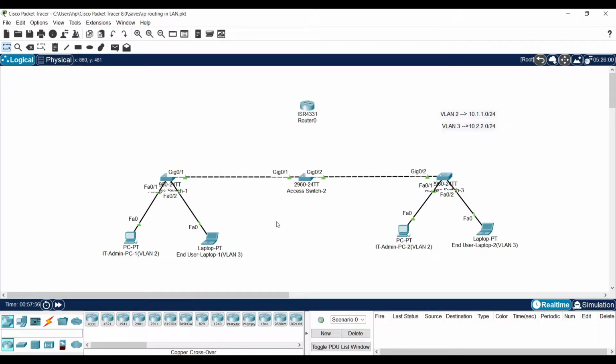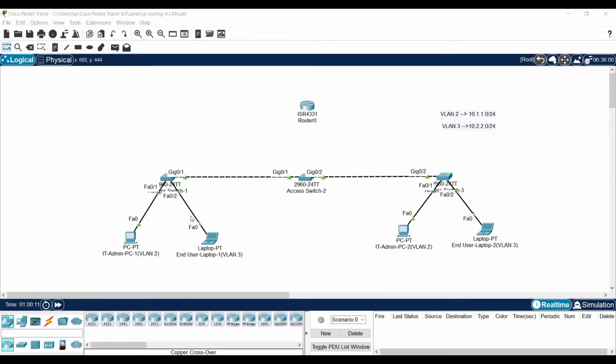You may ask, then how are we going to achieve this? How are we going to make communication between layer 2 and layer 3? There are three methods to achieve that. I'll explain them one by one. I'm also going to split this video into two parts. Okay, let's talk about those three methods.